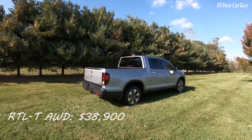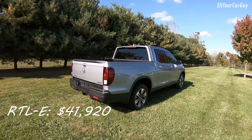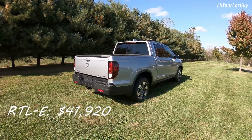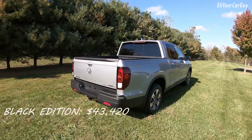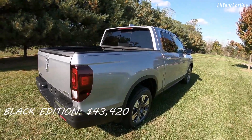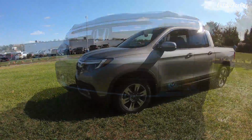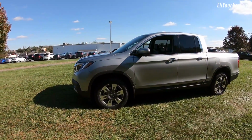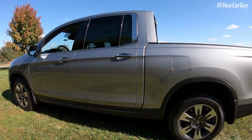The RTL-T all-wheel drive for $38,900. And the RTL-E, which we have in front of us, starting at $41,920. Top of the line is going to be the black edition, coming in at $43,420. Now for Honda's active safety, the vehicle does have VSA, Vehicle Stability Assist with traction control, anti-lock braking of course,